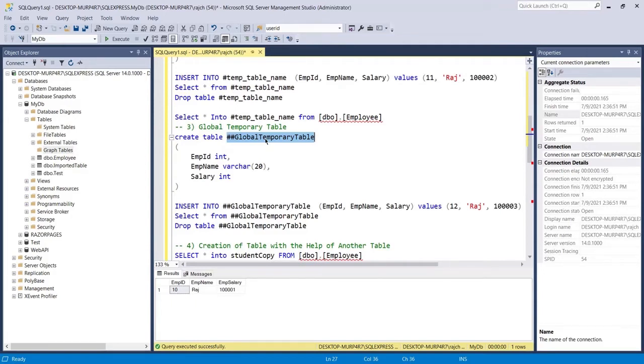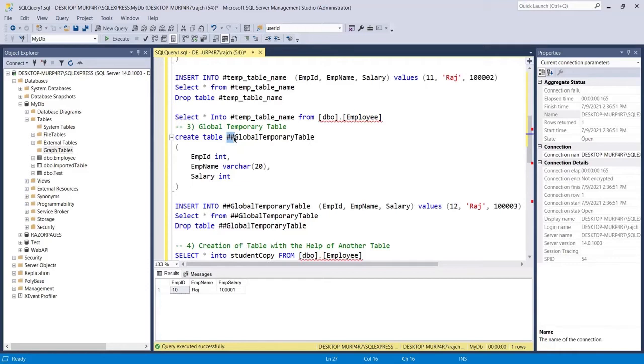That means it will be automatically destroyed at the termination of the procedure or session. Always keep in mind that the local temporary table starts with a single hash, and the global temporary table starts with a double hash prefix.